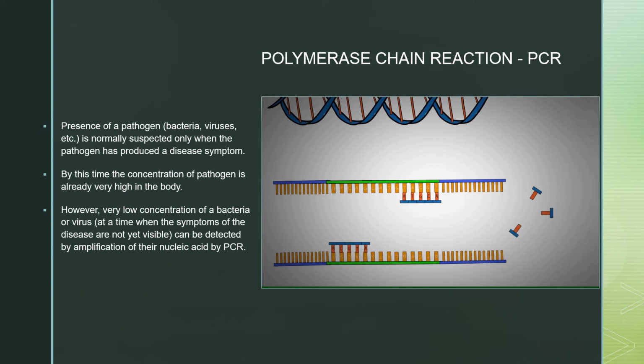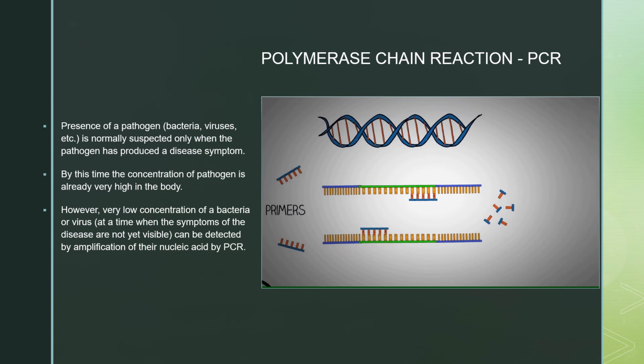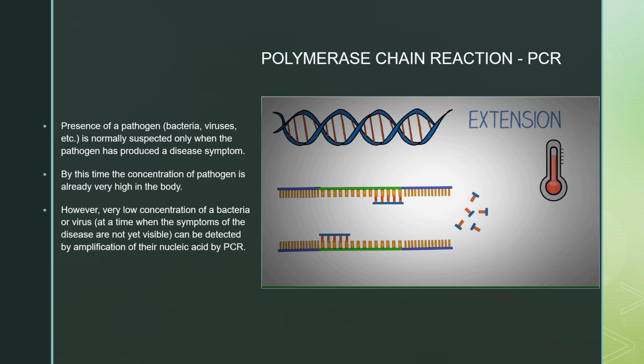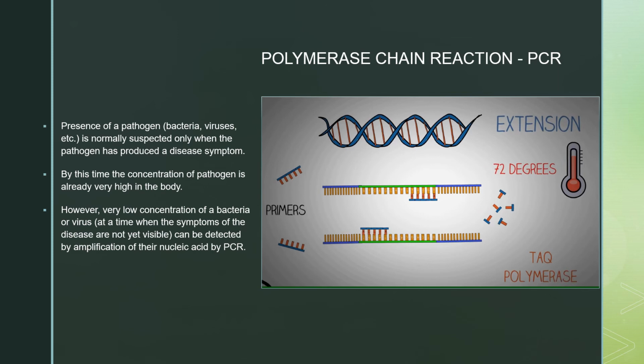So this was annealing. Next comes the third step, known as extension. For this, we also require free nucleotides in these test tubes, which will be basically used to make the new DNA. Again, we have a detailed video about the structure of nucleotides on our channel, and the link is in the description. For extension, we increase the temperature again to 72 degrees so that the Taq polymerase extends the primers, synthesizing